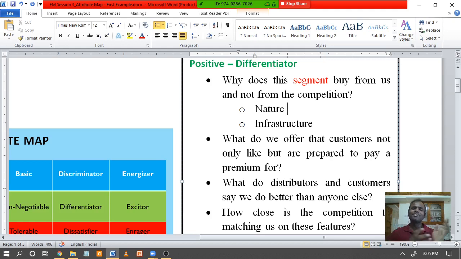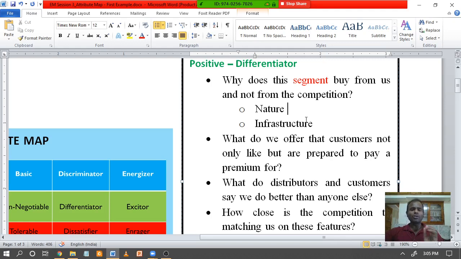He said, because we are situated 30 kilometers away from the city. Our campus is actually surrounded on three sides by mountains. The water that comes to the campus is the second tastiest and the world's purest, and all these things he started talking about, which was not there in any of the competitor campuses in the mind of the father. So this is one differentiator that they were able to take at that time, which the competitors did not have.